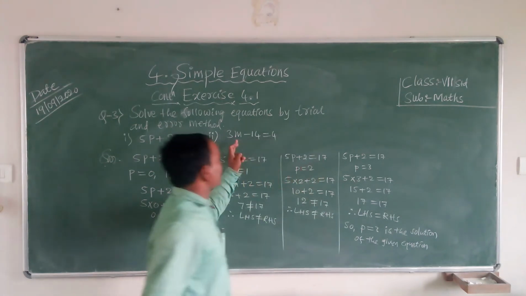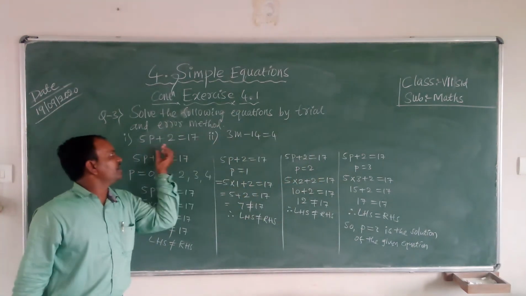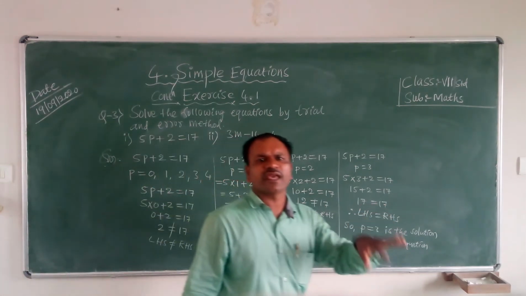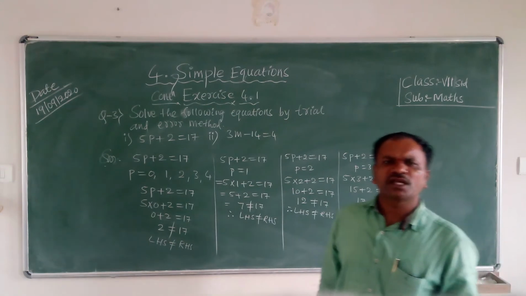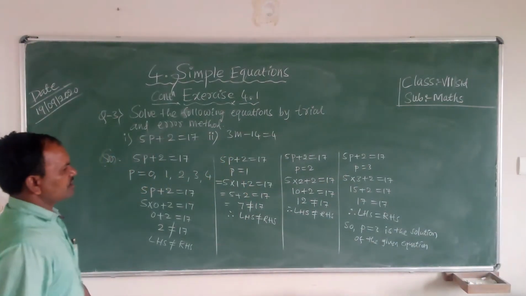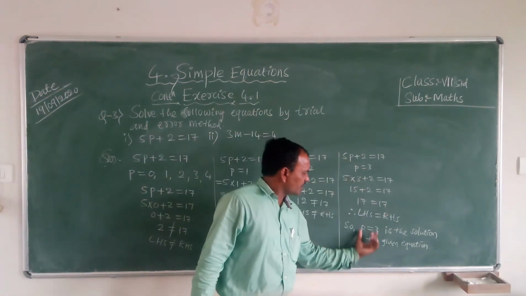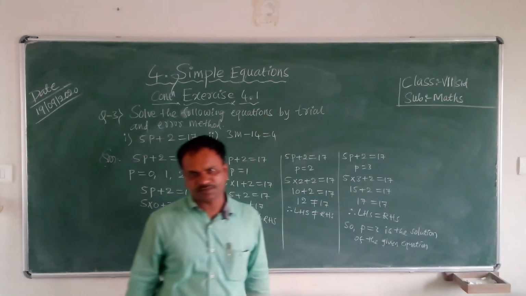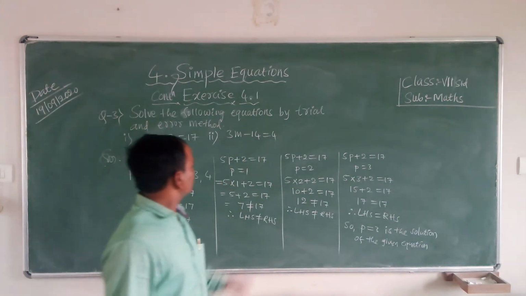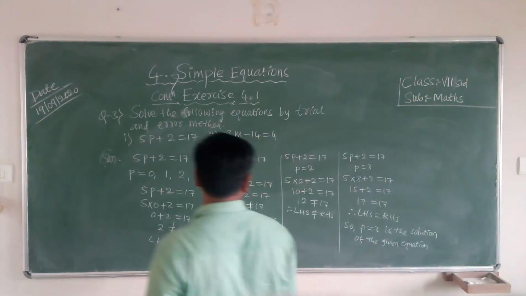So the second one also is the same thing. You have to put the p value, the m value. Which variable is there? You see, p is there, m is there, x is there, a is there. What is the variable? You see, and put the values in the given equation. Are you understood? Last, LHS is not equal to RHS came now. Like this, you have to write the dialogue. Dialogue is very important. Half marks is dialogue. Okay. Now the second equation, inside the trial and error method.